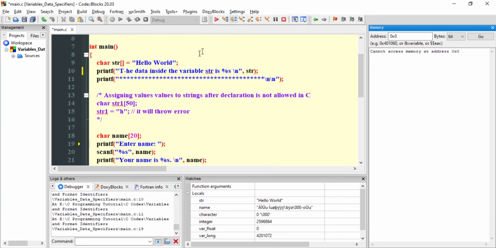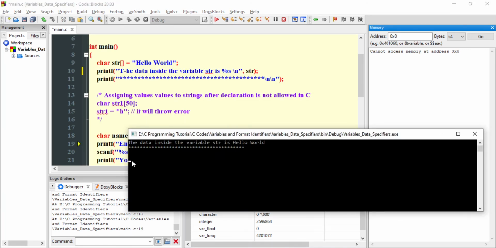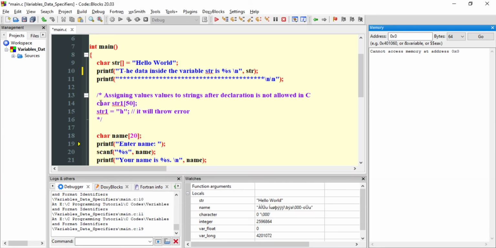Next, we have executed this line and you can see our cursor has moved 2 lines below the star. Remember one more important thing: in C, you cannot assign a value to a character array after declaring it. It is not allowed that you define the character like this and then later assign the value. It is not allowed.